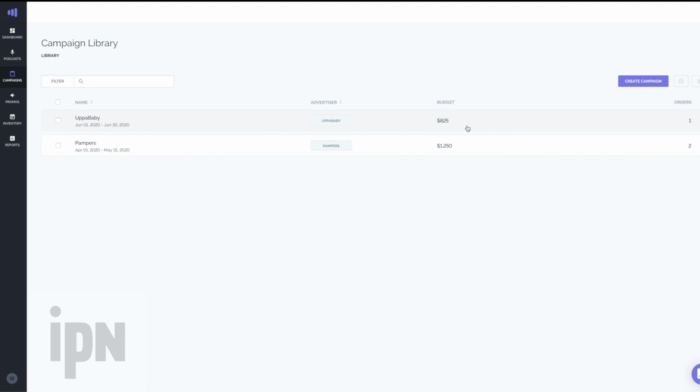Now, it's important to know that right now, as we're recording, you don't have the ability through the campaigns section to see campaigns that we as a network have scheduled for you. So if you are having us sell advertising for you, there's no way to see those campaigns on your main campaign page. Now, there is a way to get around that a little bit so you can at least see what your inventory is,